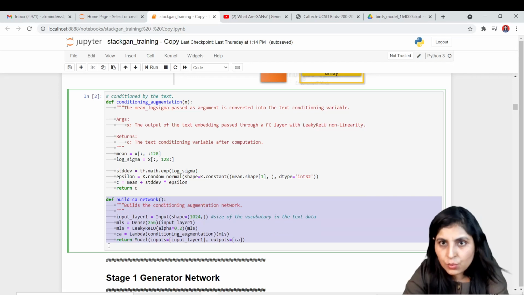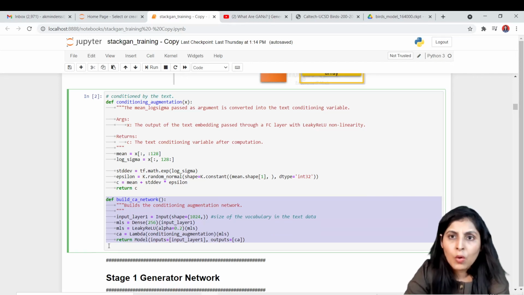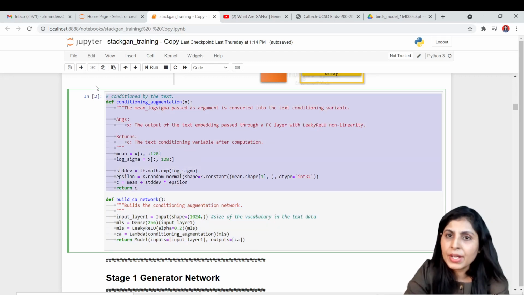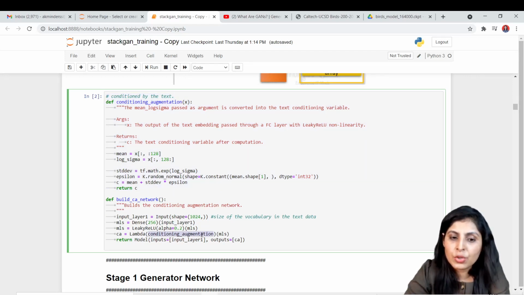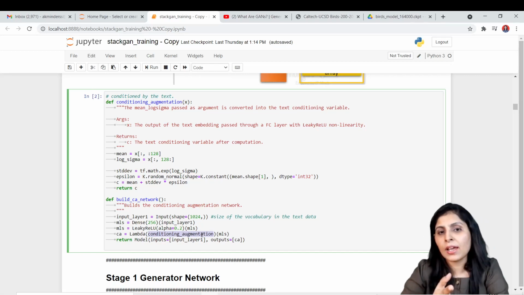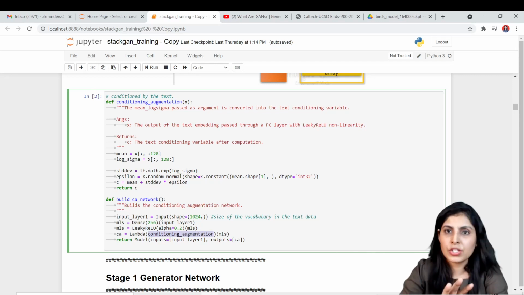You have to create one small network which will do the conditioning augmentation. First of all, we created a separate function with the name of conditioning augmentation, and we are calling that function over here. Guys, don't worry, I'll explain this code in some time. Right now just understand these two functions are responsible for conditioning augmentation.